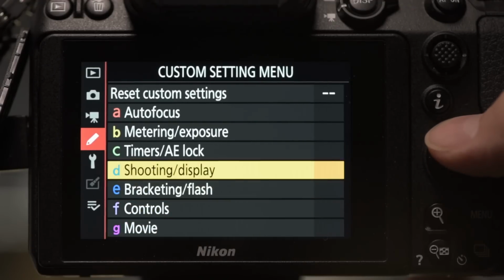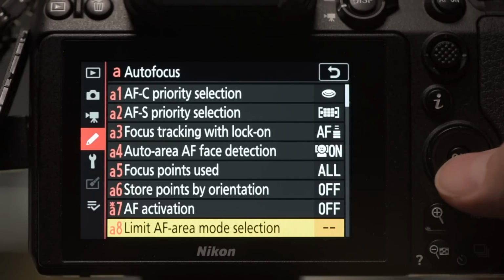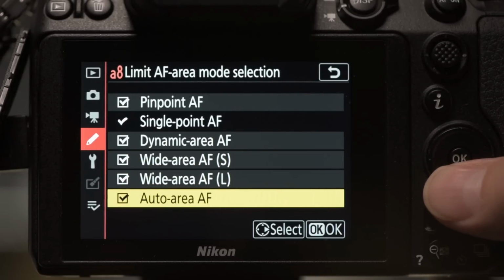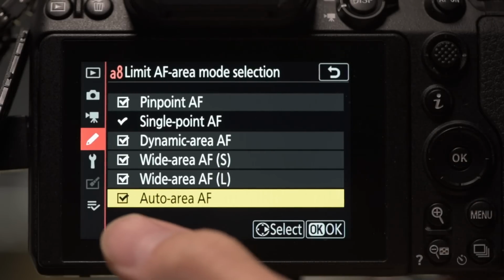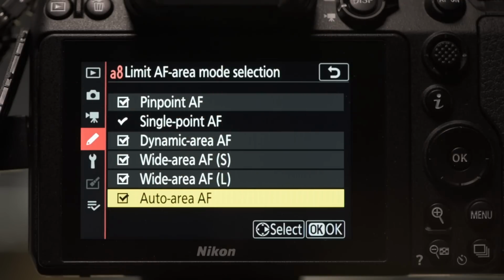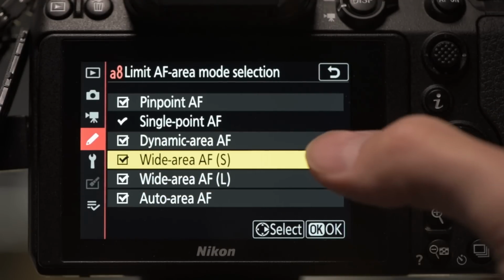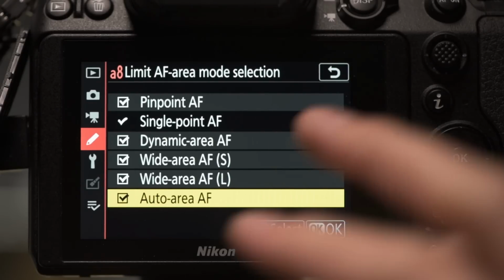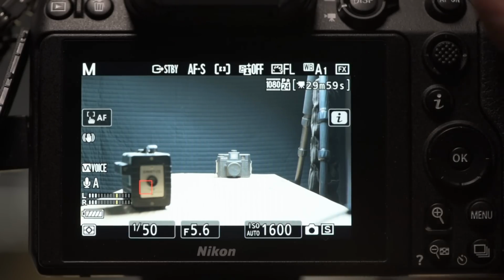If you go back, go up to your autofocus settings, you go all the way down here to limit area AF mode selection. I just wanted you to see that these are the autofocus area modes that I'm going to look at. I don't actually think it's dynamic area in video. Instead it's the auto area that you see when you've got the four corners of the red box. I'll show you that in just a second. But anyway, single point, wide area small, wide area large, and then auto area are the autofocus areas that we're going to use. So we'll just go back into the video and we'll start off with